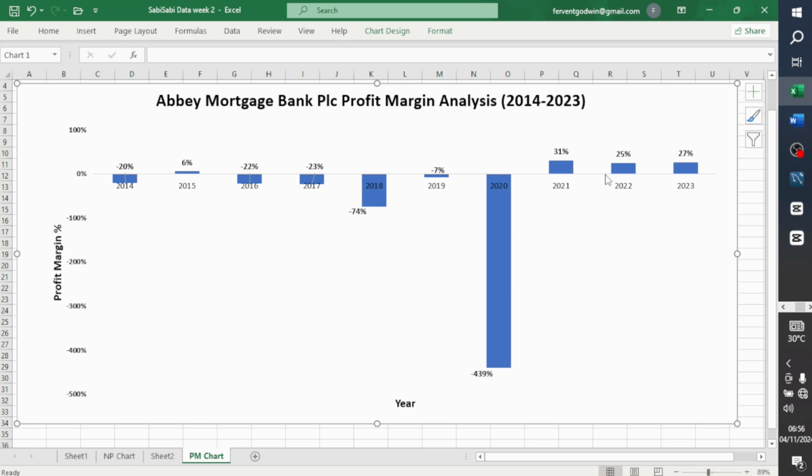So the net profits will tell us that the performance of 2022 was better than 2021, and the performance of 2023 is better than 2022 and 2021. But here, the profit margin analysis is telling us that 2021 was better off than 2022 and 2023 for the company. On face value, we'd say 2023 was just the best. But then it's showing here that 2021 has been the best in the last 10 years for this company.